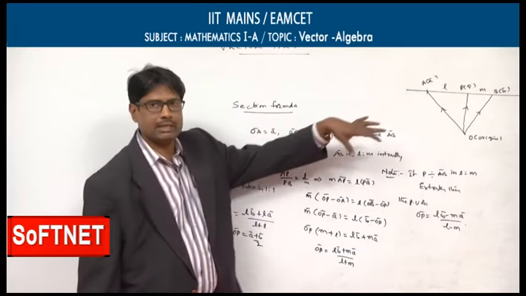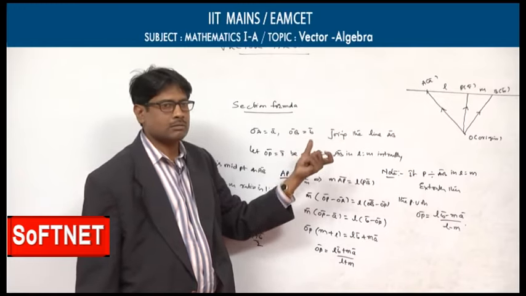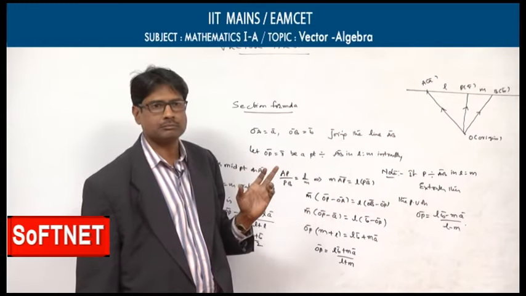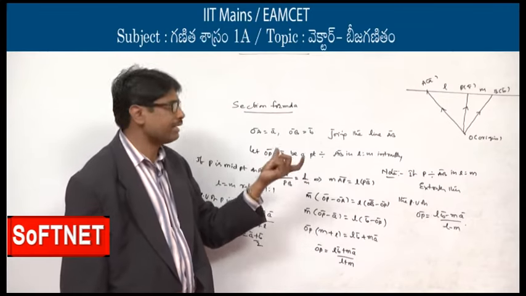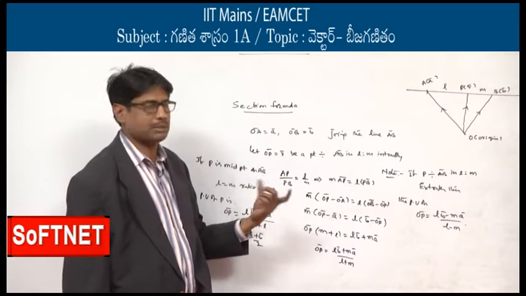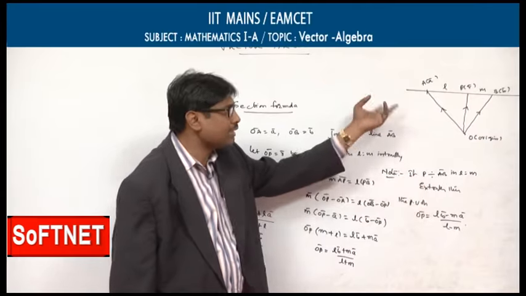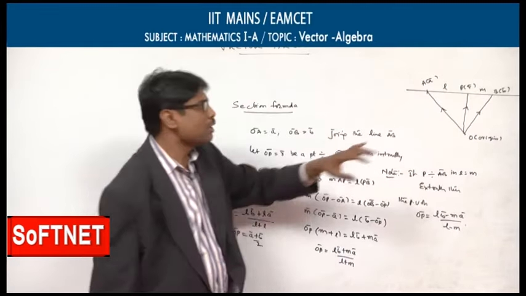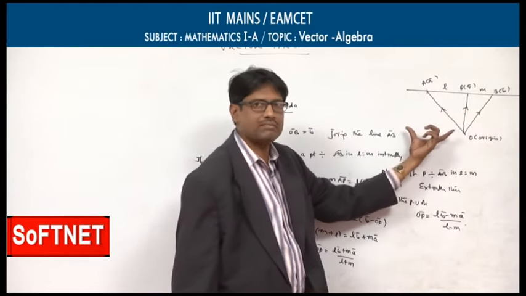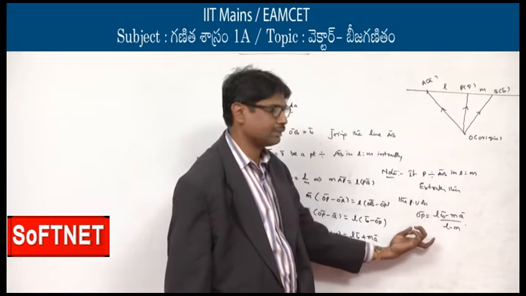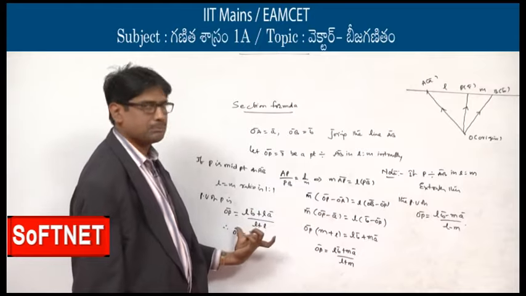Can any one of you tell me, if P divides AB externally, is it possible that it is a midpoint? P divides AB externally, but if it is in the ratio of 1:1, it is impossible. P divides AB externally in the ratio of L is to M, but it can't divide in the same ratio. What happens if it divides that way? P may be coincident with A or P may be coincident with B. So midpoint for external is not possible, only midpoint for the internal. P externally divides minus, P internally divides plus.